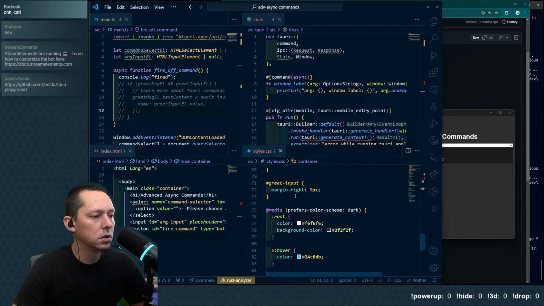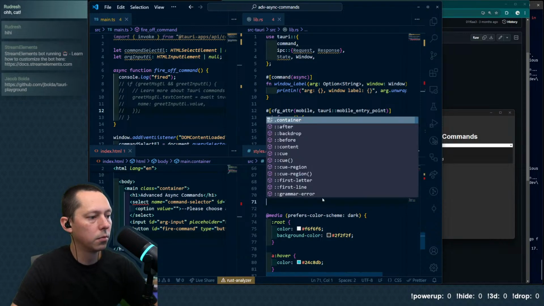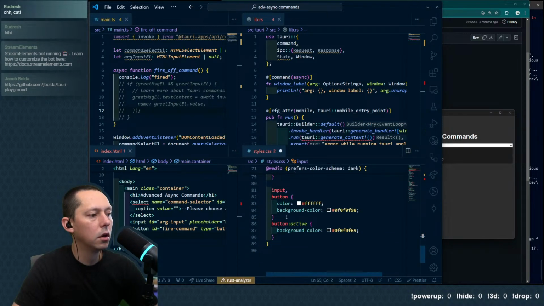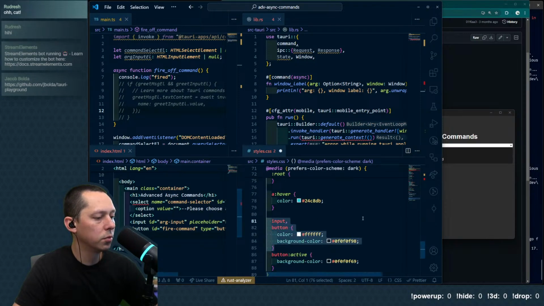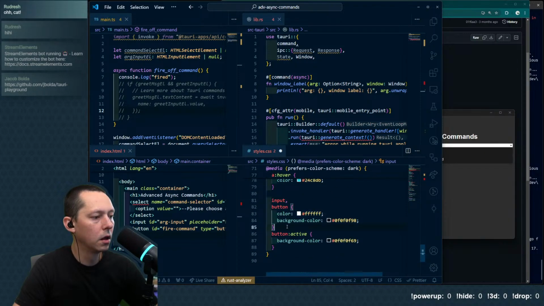We have button stuff, greet input. I'm not going to style the thing directly. Here we've got some styles on the inputs. We have a select, an input, and a button.